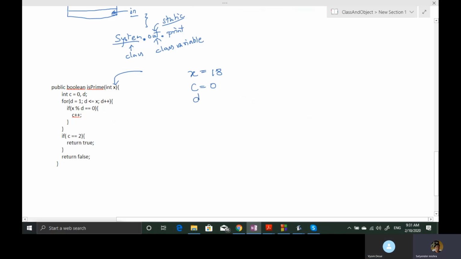D is equal to 1, and D is less than or equal to x. So 1 is less than or equal to 18. And then this loop will execute sequentially. How many times? 18 times. When the value of D is 19, then you will come out